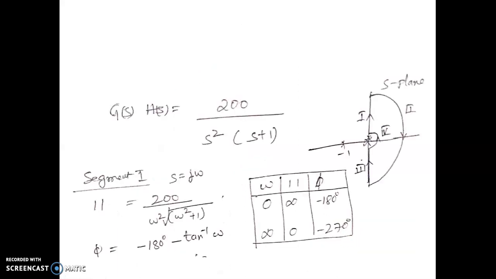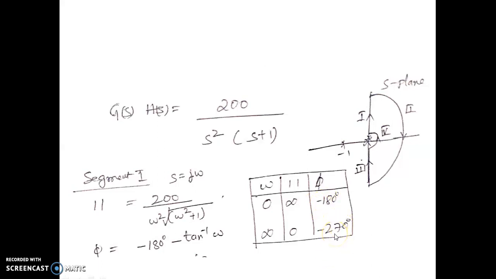We'll see one more transfer function, which is now 200 by s square plus s plus 1. We have two poles at the origin. You can see there are two poles at the origin. This also is a special Nyquist contour with 4 segments, 1, 2, 3, 4. So segment 1, again replace s by j omega, find the magnitudes and phase, which is minus 180 degree to